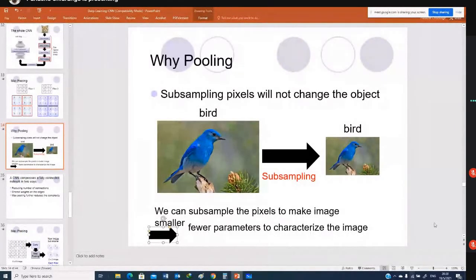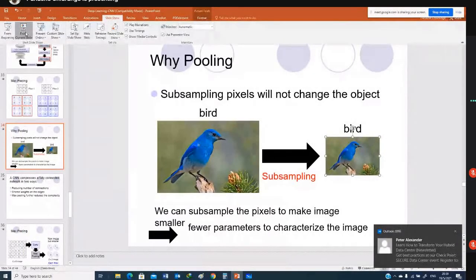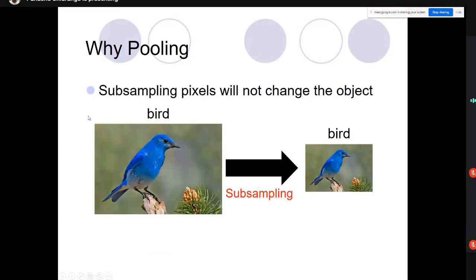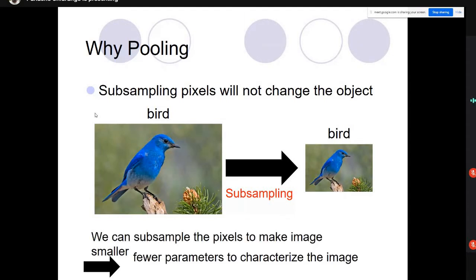Is this clear? This is a bigger image with more pixel values, and you're reducing it to a smaller image. That's clear, yes? Pooling does not change the object, it simply changes the size of the image